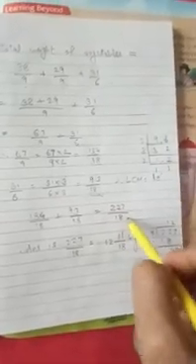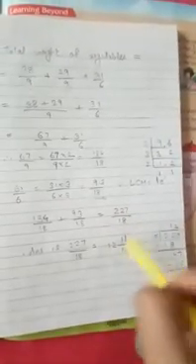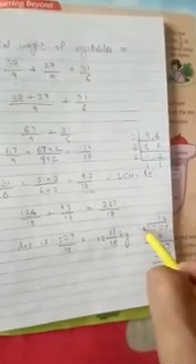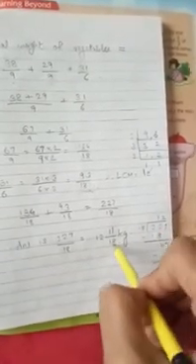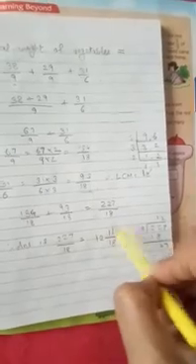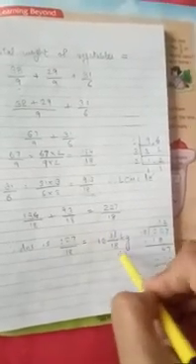Now we want the answer as a mixed fraction or mixed number. What we have to do? We have to divide and find out the answer. The divisor 18 will come in the denominator, 12 will come as the whole number, and the remainder will go in the numerator. That is 12 11 upon 18 kgs of vegetables were bought by Neha's mother.